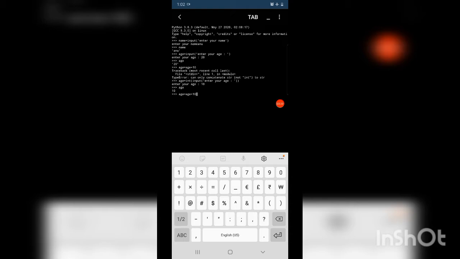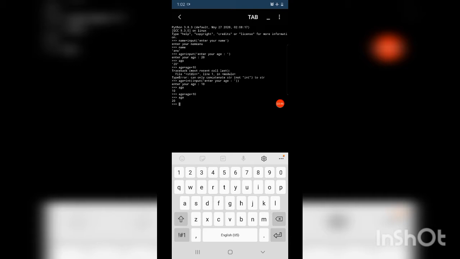Here our age is 10, then age plus 10 is calculated, and if we want to display age, write age. Now age is 20, 10 plus 10, 20. This operation can be performed only if our value is in the form of an integer.